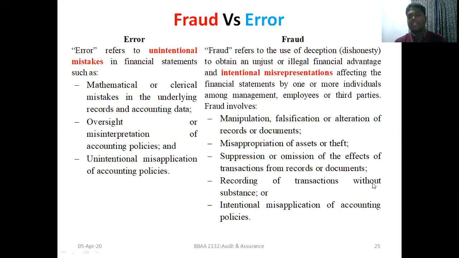Then there is recording of transactions without substance. This is another one. The amount is there. They place the amount, but when the auditor checks the base document or source document, there is no substance. Without evidence, the accountant recorded particular figures. The amount is transferred, but no source document, no substance, no evidence. How would the auditor accept this? There's a fraud. Something happened. That should be verified, clarified. So this is fraud and errors. I hope you can understand clearly the meaning of errors, the meaning of fraud, and the examples for errors and fraud.